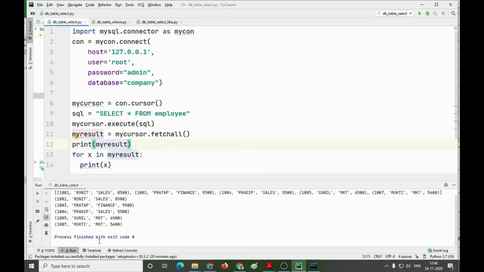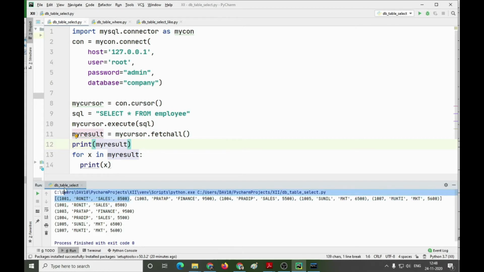and see the output, you can see that a list is fetched in which all the records are in the form of tuples. That means one record is in the form of a tuple, the second record is again a tuple, the third record is again a tuple.